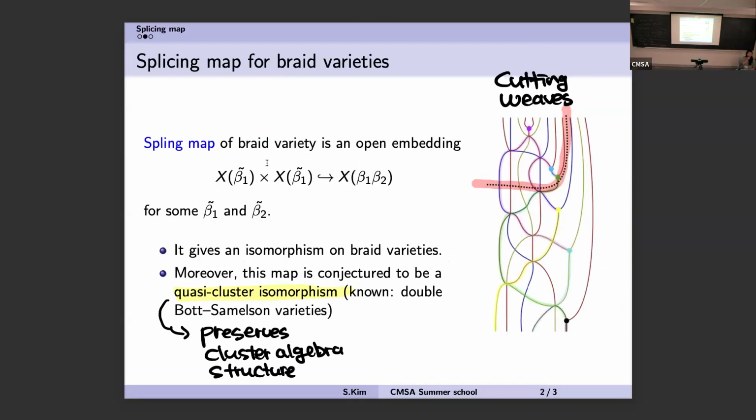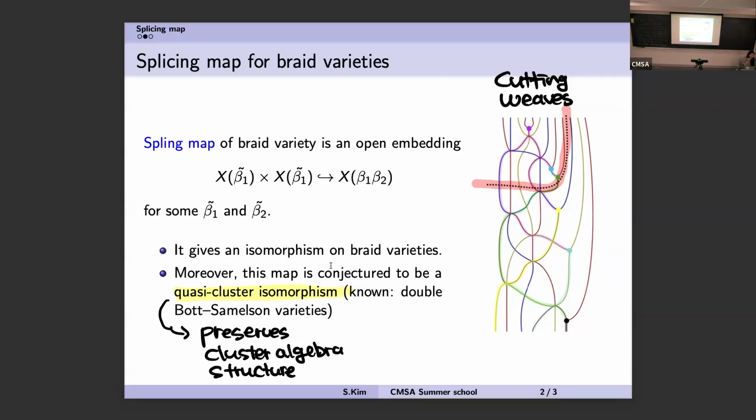Now I will explain what a splicing map is. The splicing map is an open embedding of X(beta_1 tilde) times X(beta_2 tilde), but I made a typo, going into X(beta_1 beta_2), the concatenation of beta_1 and beta_2. And beta_1 tilde and beta_2 tilde are determined by my beta_1 and beta_2. The splicing map that we found is actually an isomorphism onto its image, so they are dimension preserving. And we also conjecture that this map should be a quasi-cluster isomorphism,